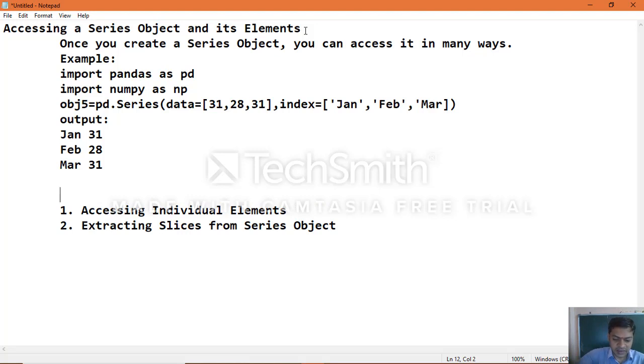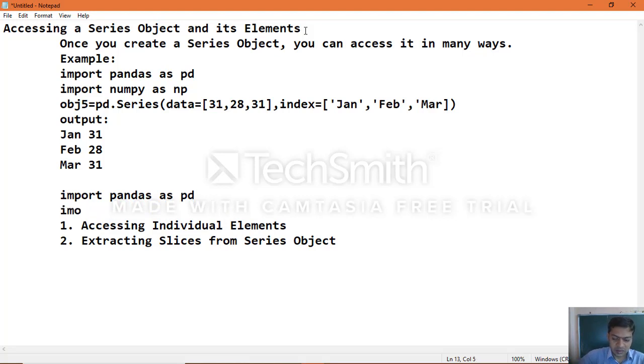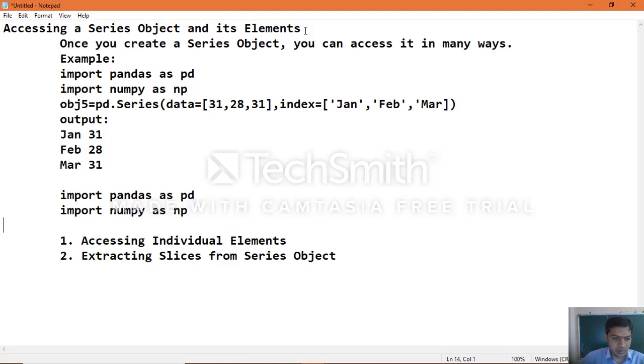Another example in the same manner: import pandas as pd, import numpy as np, obj6 equal to pd.Series of data equal to np.arange of 11, 25, 3.